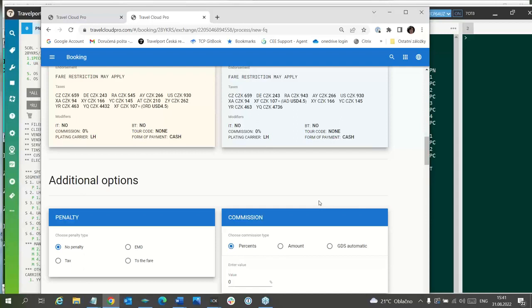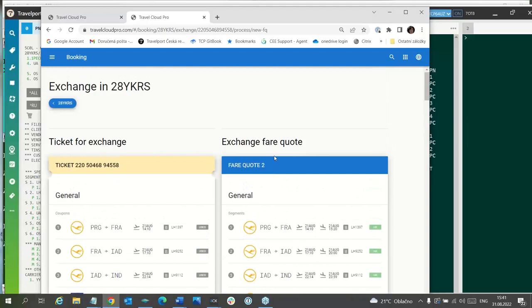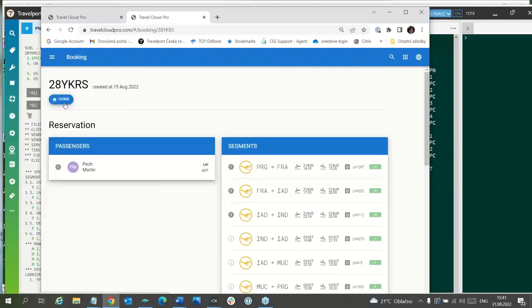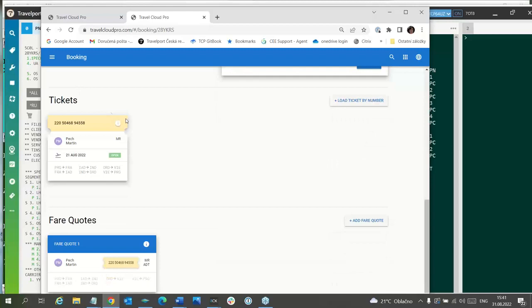But sometimes for some carrier it is necessary to enter fare basis, and I would like to show you also how to enter fare basis when it is not possible to receive the desired fare using some other way.